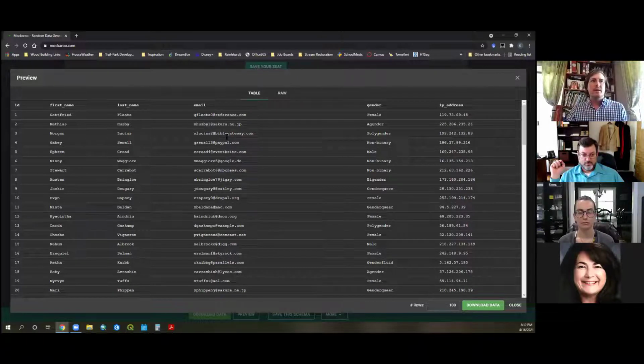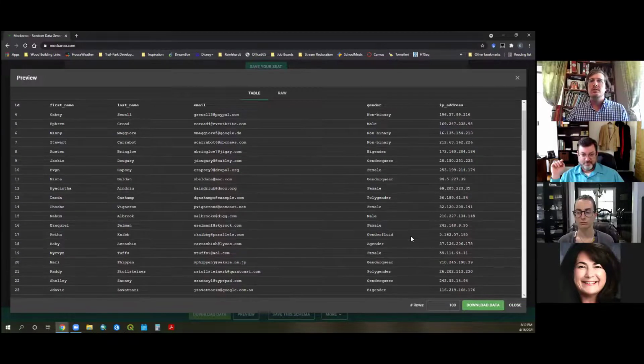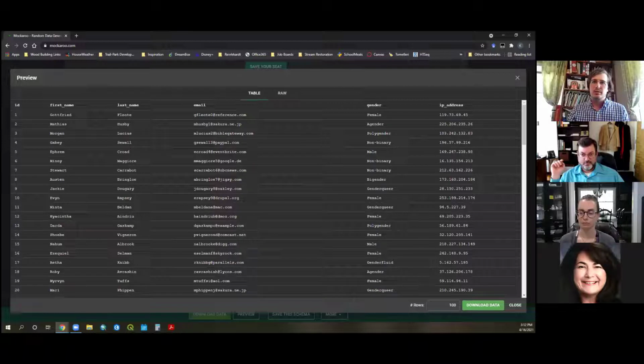You'll notice that the emails are also related to the name data. So with random at something's dot whatever. Then in this case, there's random gender data, and you can see that they have included a multitude of gender options in this randomization. And then unique IP addresses. These are randomized numbers. These are not real IPs. I'm sure that they correspond to something sometimes in the world, but they are not real.